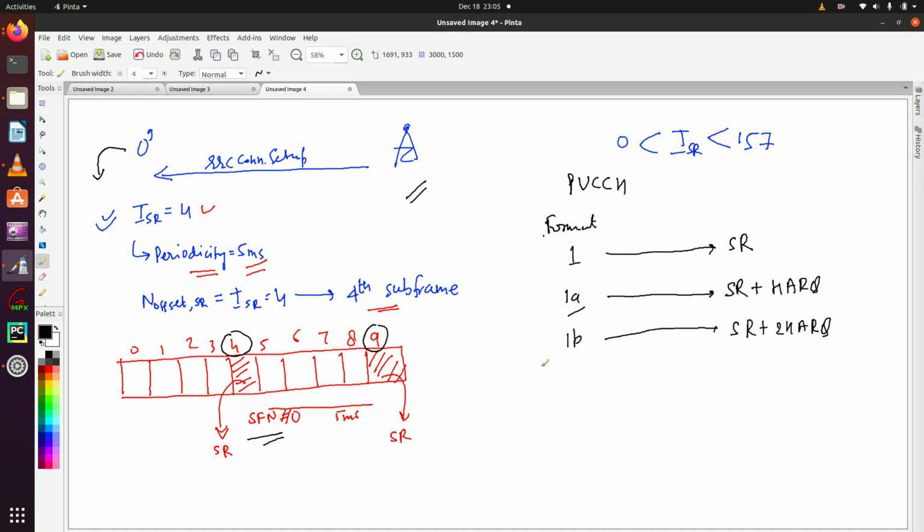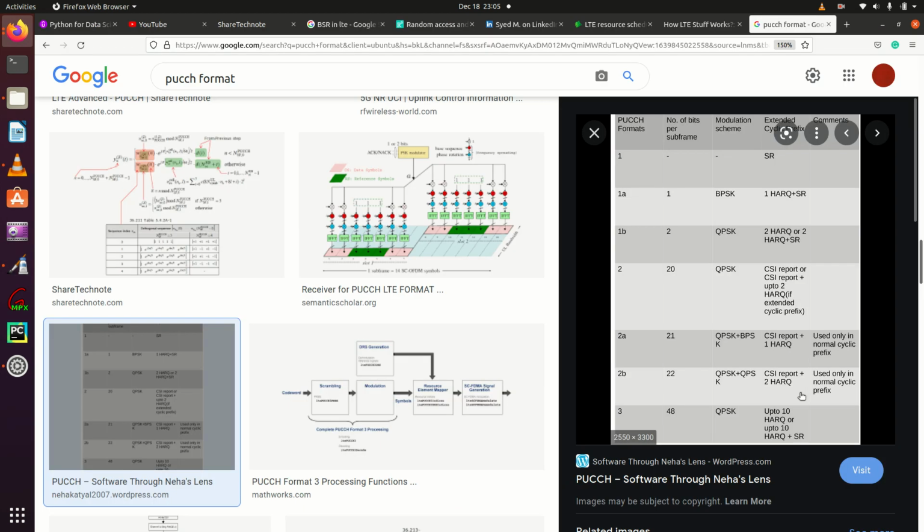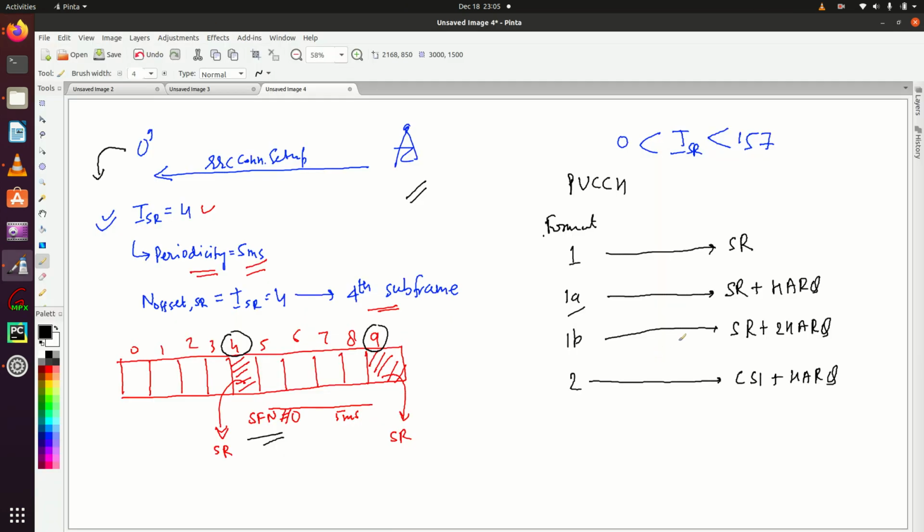Format 2 cannot be used for scheduling requests. It is used for sending channel status information like CQI, PMI, RI. Again, HARQ acknowledgement could be there. Similarly, format 2A is CSI plus 1 HARQ. So these are the available formats defined in 3GPP.